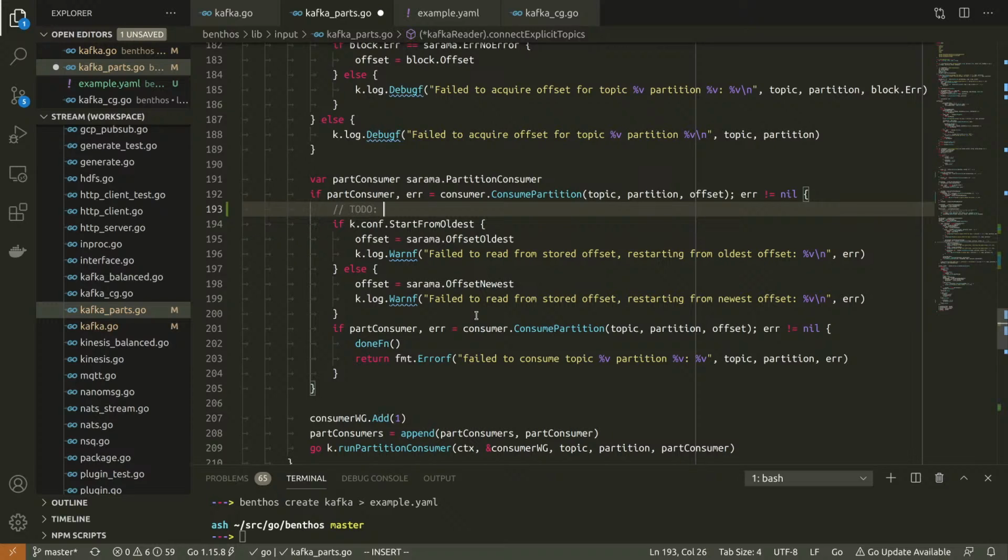I'm going to put a to do here because I can come back later, but basically actually verify the error was caused by a non-existent offset for the... No, I'm just going to leave it there.